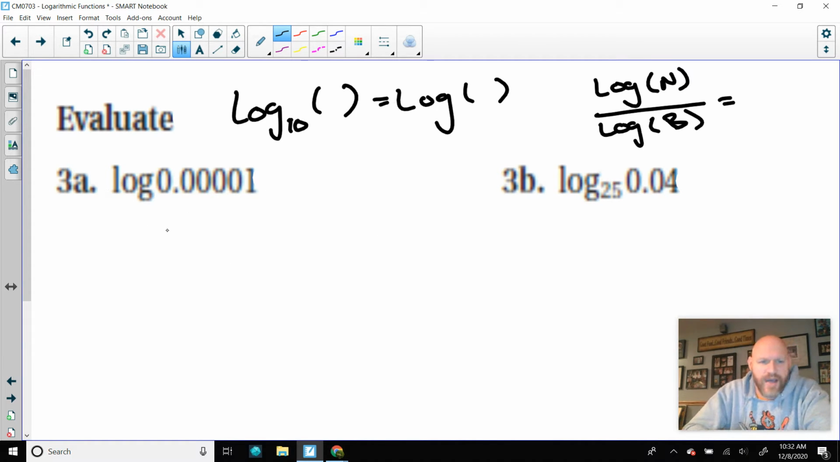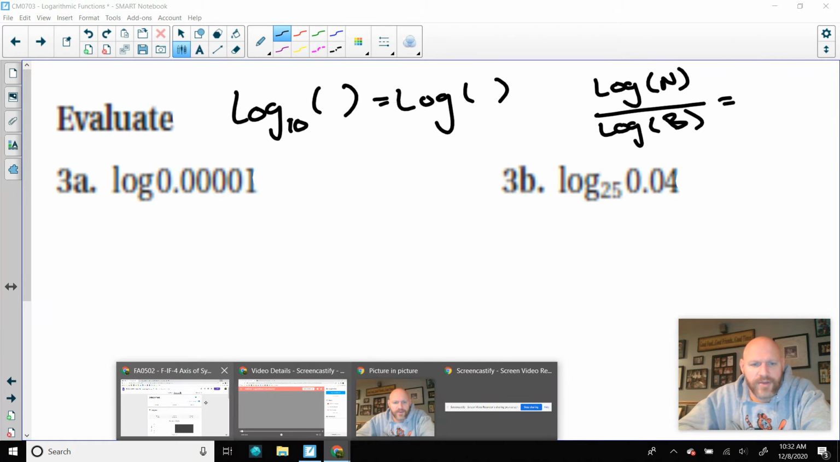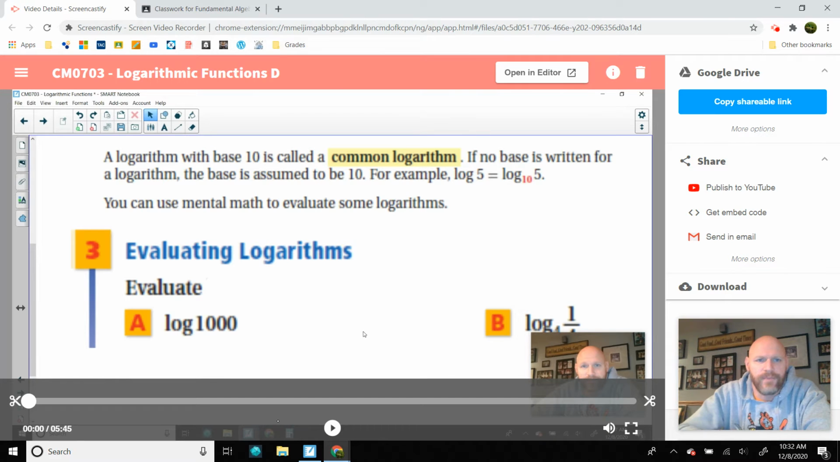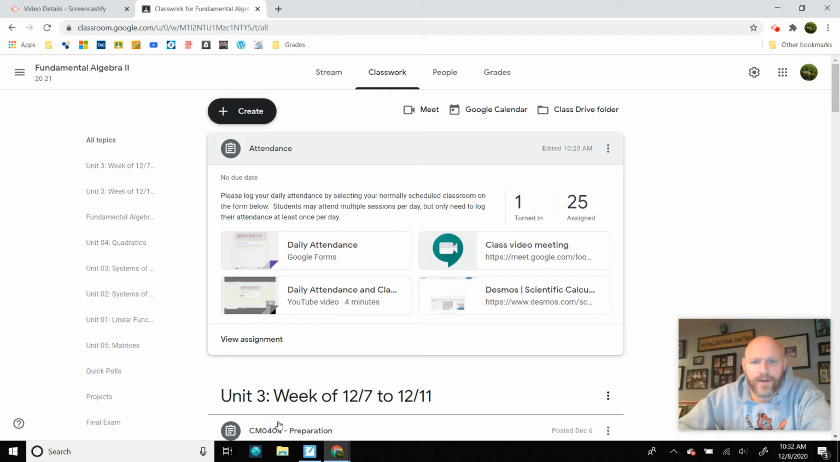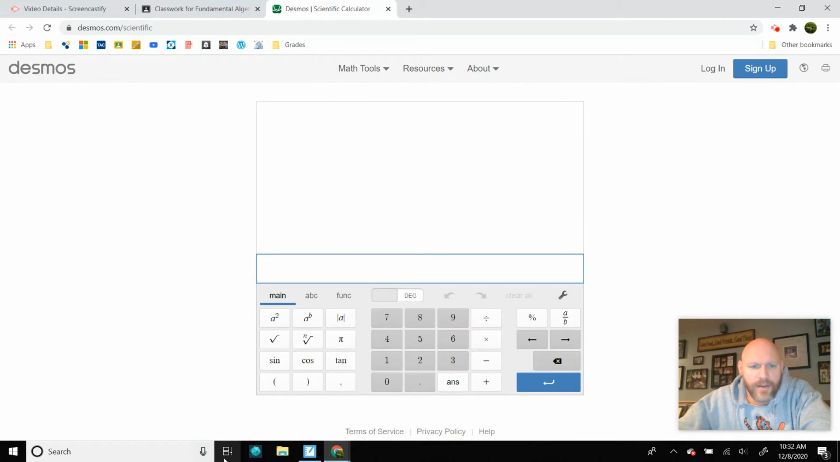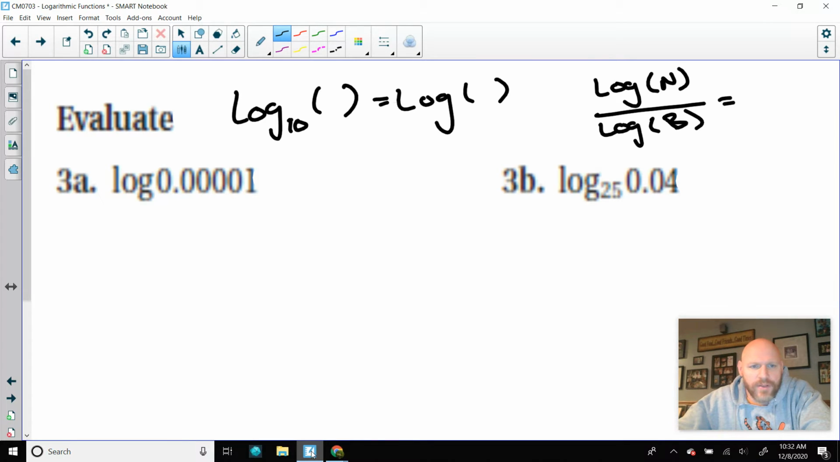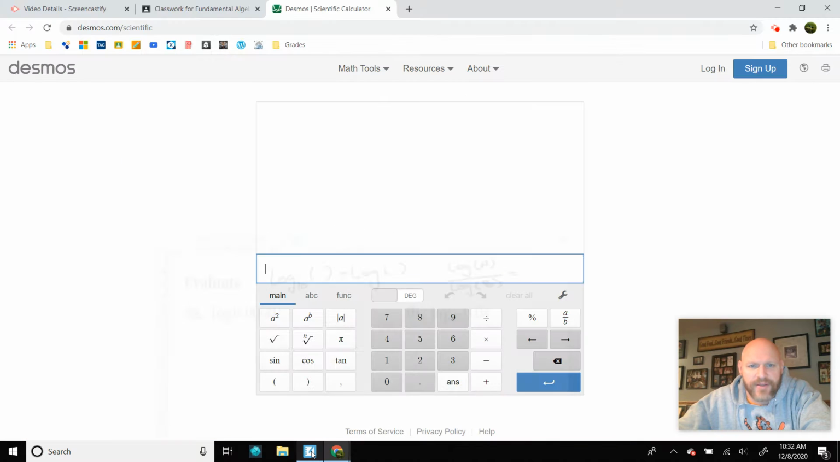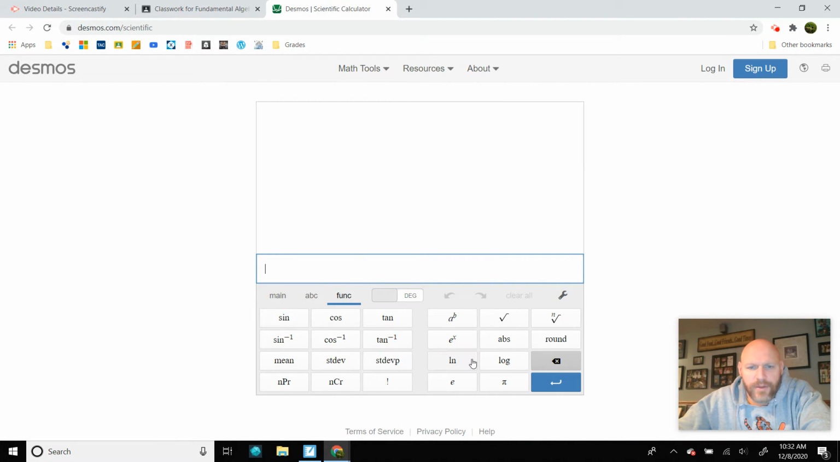So in this case, we have log of 0.0000, a bunch of ones. What I'm going to do is go into Google Classroom. We don't need that one. We're going to come in here. And I went ahead in the attendance assignment and put the graphing calculator. So we'll grab that bad boy. And when we come in here, we actually are going to end up with 1, 2, 3, 4 zeros after the decimal. So we go to function, the log